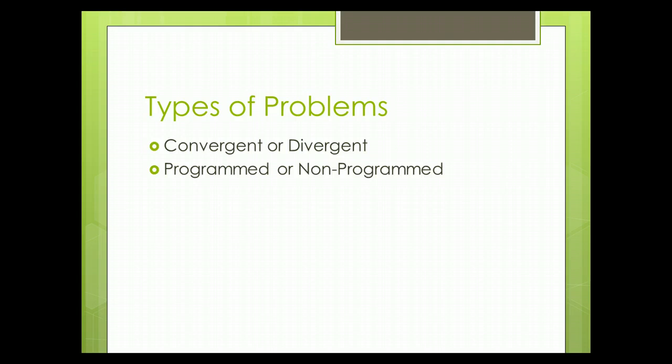Now, we're going to talk about a couple of or several different types of problems that we could be attempting to solve. And as you get into your reading on pages 66 and 67, you're going to learn about convergent thinking. Convergent thinking is the ability to apply logic and narrow down the number of possible solutions to a problem. So we're going to start off with the problem, and using logic and information, knowledge about the problem, we're going to narrow down the solutions to what's left, and what's left is our solution.